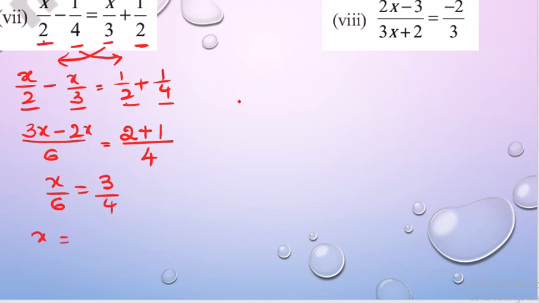So from this, x is equal to 3 by 4 into, if nothing is there, 1 will be there, right? So 1 by 6 becomes 6 by 1. So in the 2 table I can cancel this 2 times, and in the 2 table I can cancel it 3 times. So what is the answer that I am going to get? 3 times 3 is 9, and the denominator is 2 into 1, which is nothing but 2, right?